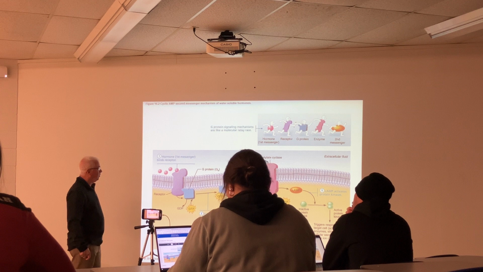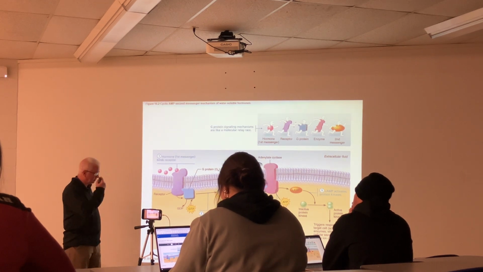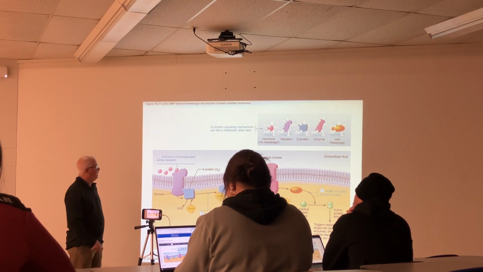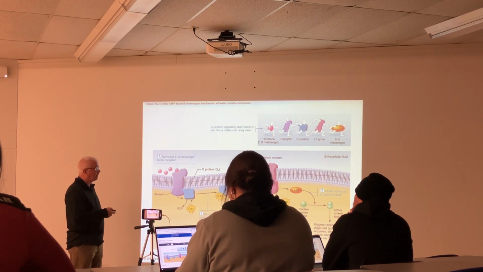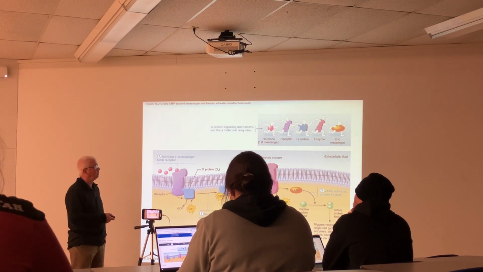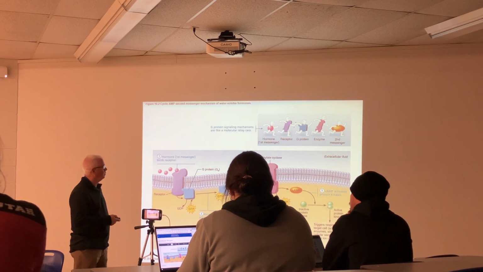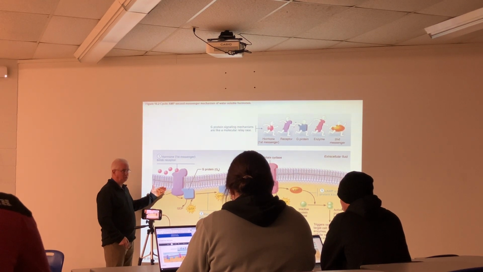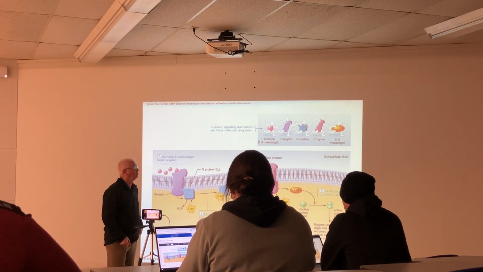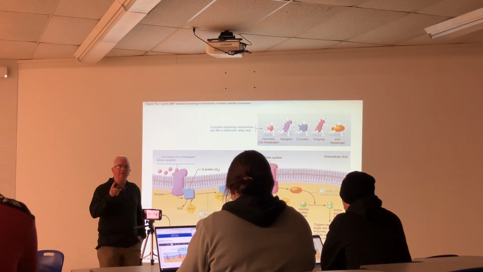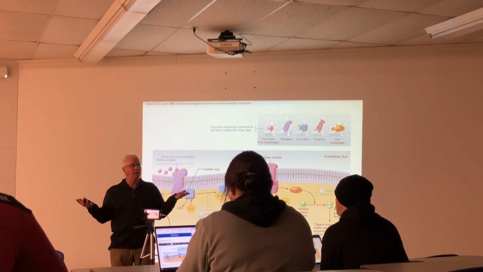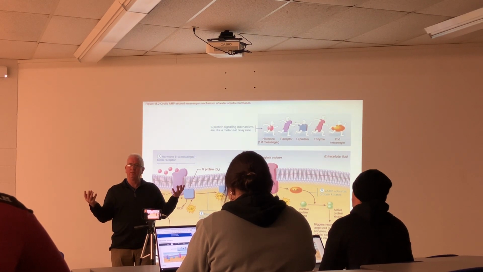All right. So the first one here is the first one that was discovered. It's the one that we know the most about. It's the cyclic AMP second messenger system. So let me just give you an overview of what we're talking about here. So this is for a water-soluble hormone right here. The terms I'm going to use here are in relationship to water-soluble hormones. And so the one that I used in class last time, I'm going to give you some more details on today, is adrenaline, epinephrine, like the hormone that